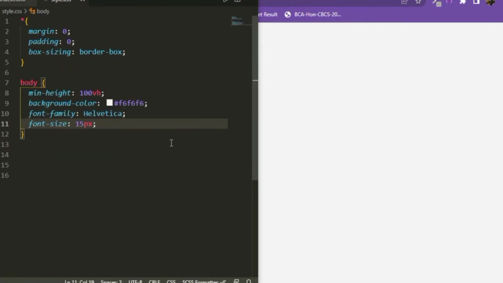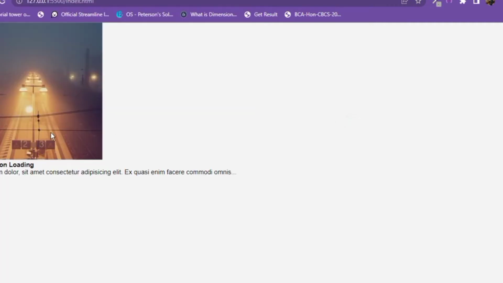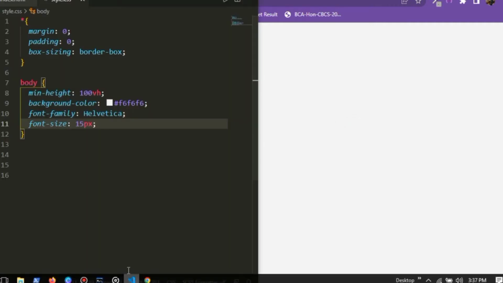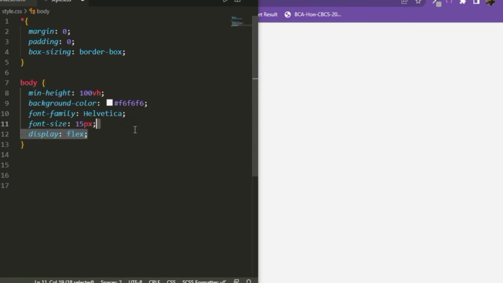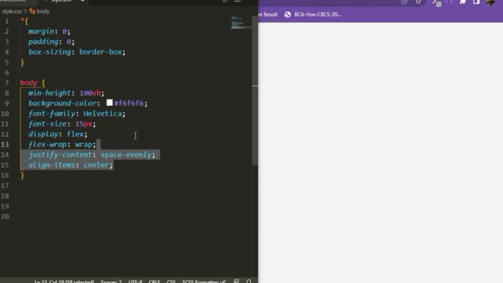So here I have set the body to have a min height of 100 viewport height, also a background color, font family as Helvetica, and also font size to 15 pixels. Now we want this to be at the center, so we're going to use the property of display flex and also flex wrap to wrap, since for the small screen we want both cards to stack up, and also we want justify content space evenly